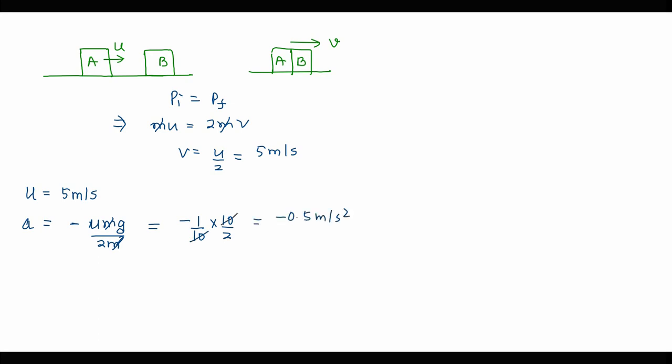The final velocity must be equal to 0, since the distance traveled before coming to rest is asked, and we are calculating the value of displacement. If we solve this expression, we write v square is equal to u square minus 2as, and this time the displacement is turning out to be 25 meter. So this is going to be the answer to the second part for this particular problem, that is 25 meter distance will be covered if the collision is perfectly inelastic. Let us deal with the next